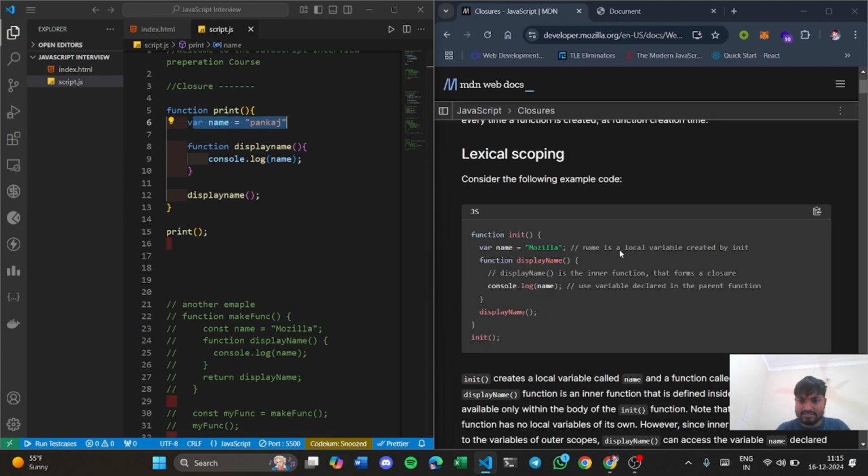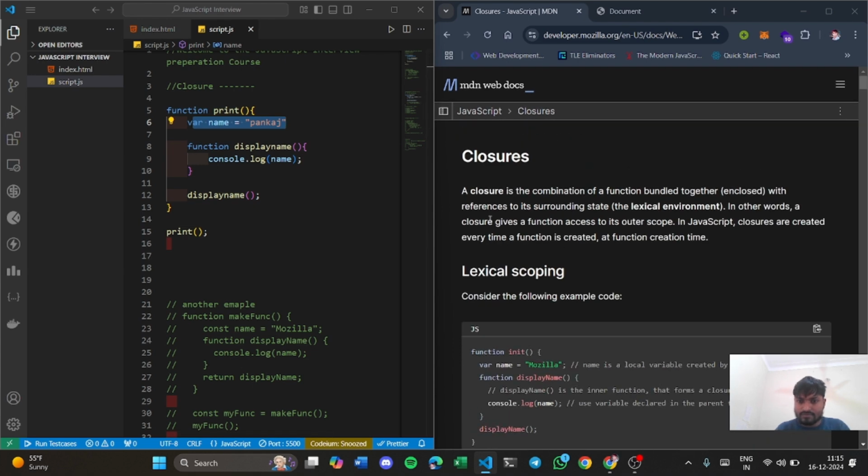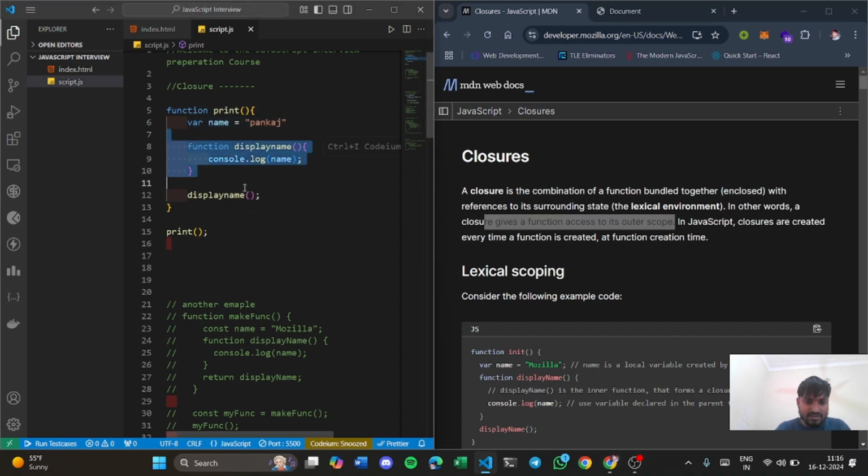What is written here is that a closure gives a function access to its outer function, meaning whenever you declare a function inside another function, a closure is created, and this closure helps you to access the variable of the outer function.